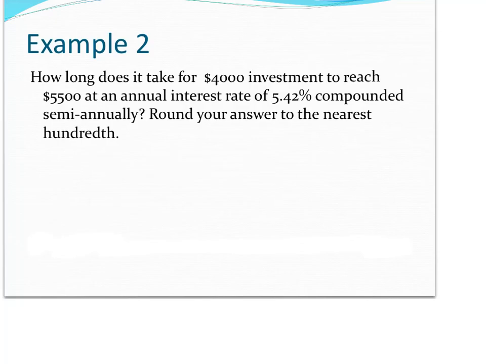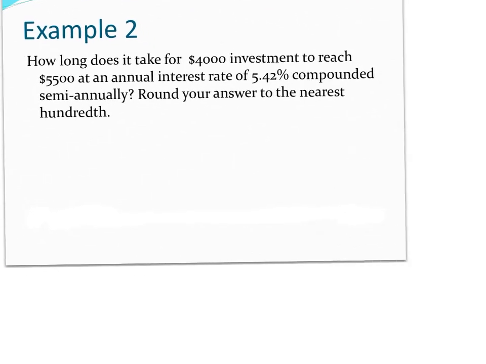Okay, so in this video we're going to see how long it takes an investment to reach a specific dollar amount. We did a video prior to this using compound interest, but on a continual basis. Now we're dealing with it on a semi-annual basis. So we want to know how long it takes. This means we're solving for t, for a $4,000 investment to reach $5,500 with an annual interest rate of